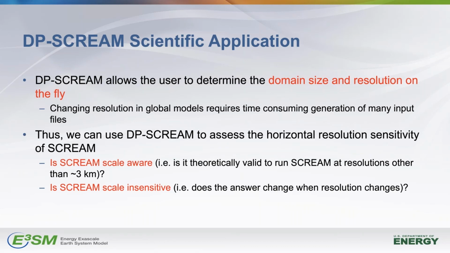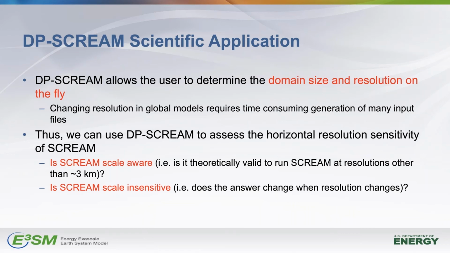Therefore, we can use DP Scream to assess the horizontal resolution sensitivity of Scream, as I have done. Here we seek to address 2 questions. The first is: is Scream scale aware, and the second is: is Scream scale insensitive? These are 2 terms I feel get tossed around loosely a lot, so let me explain a little bit